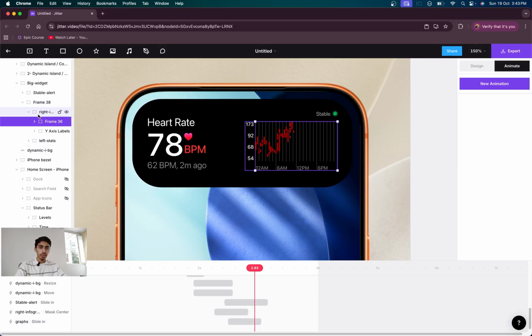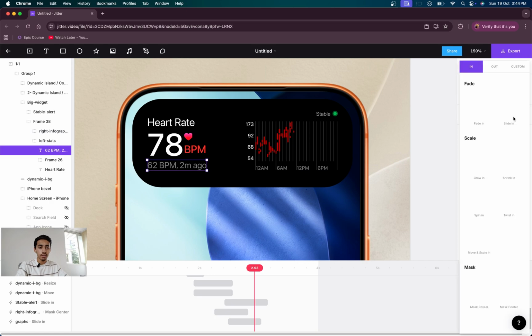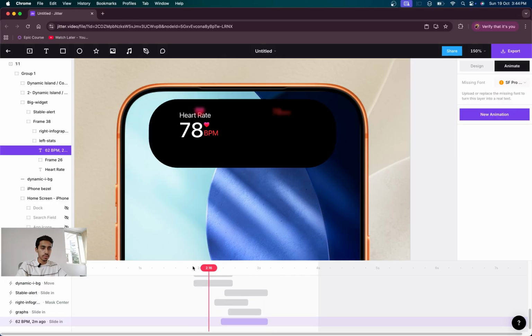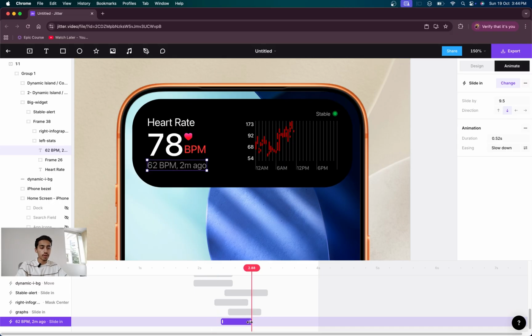So we'll head on to the left column, left stats, that's the name of the layer, and we will just select some of the elements and add a slide in animation. Okay, do I look sleepy? Couldn't care less, but yeah, I'll take the 62 BPM 2 minutes ago, new animation, slide in, my friend. We have a lot of room for you. Okay, slide in. Also, I want it to be a little faster, so